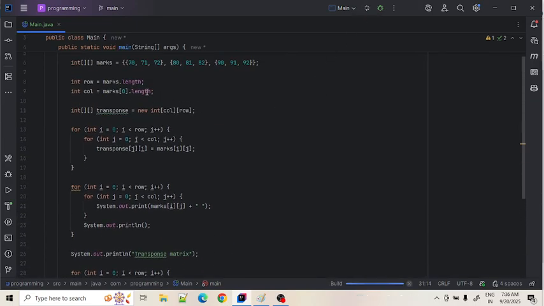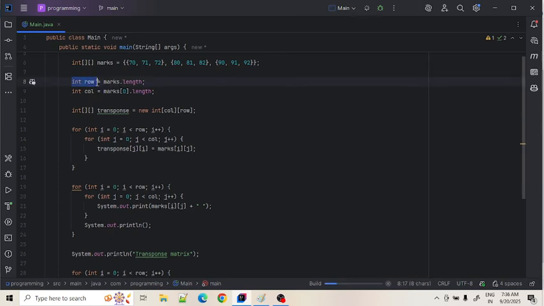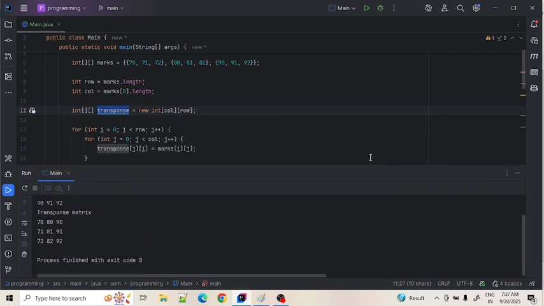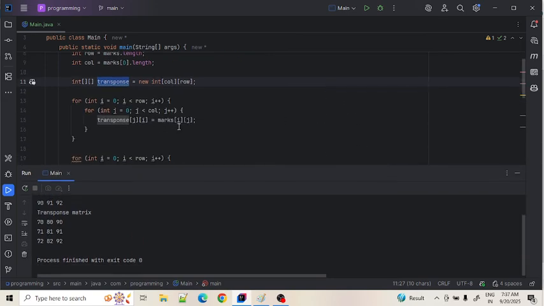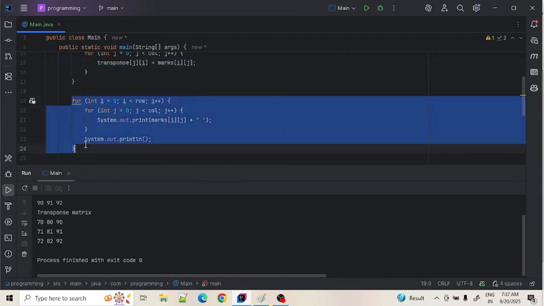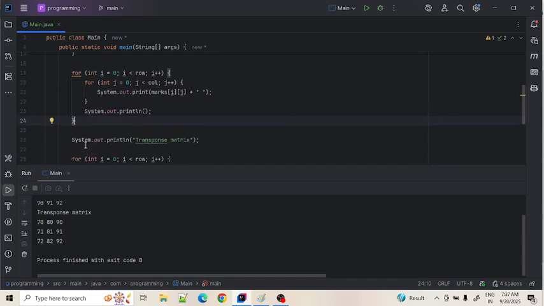So let's see what I have done. First, I found out the number of rows and columns, and based on this number of rows and columns, I have created a new transpose matrix. And then here, I have just swapped the values from marks to transpose, whatever we have discussed in the example. So i comma j will be swapped with j comma i. Okay. And then we have printed the actual matrix which we had, and then